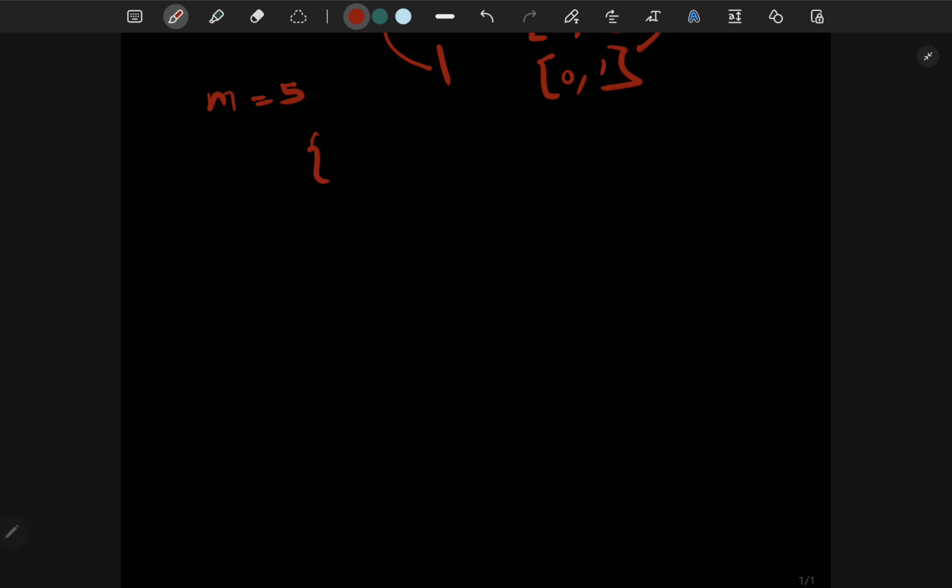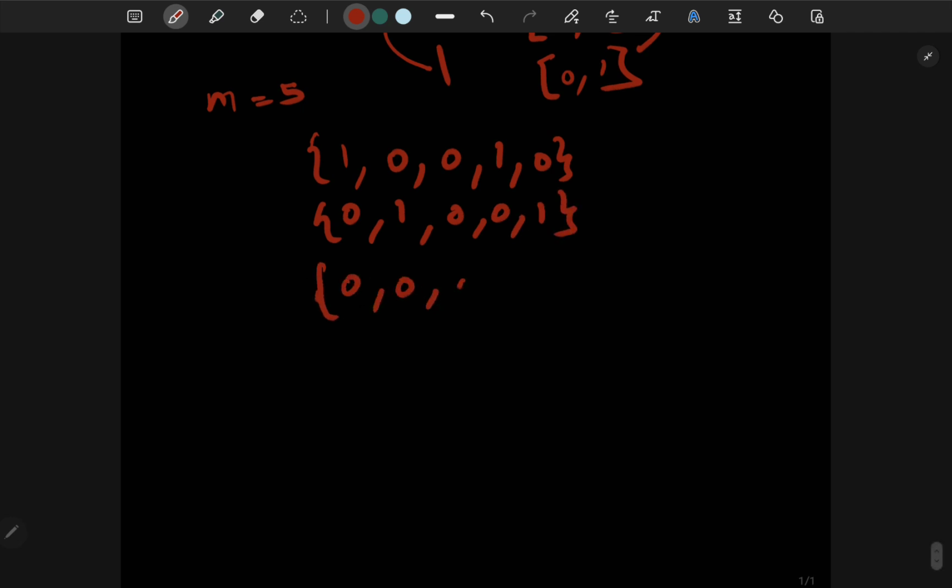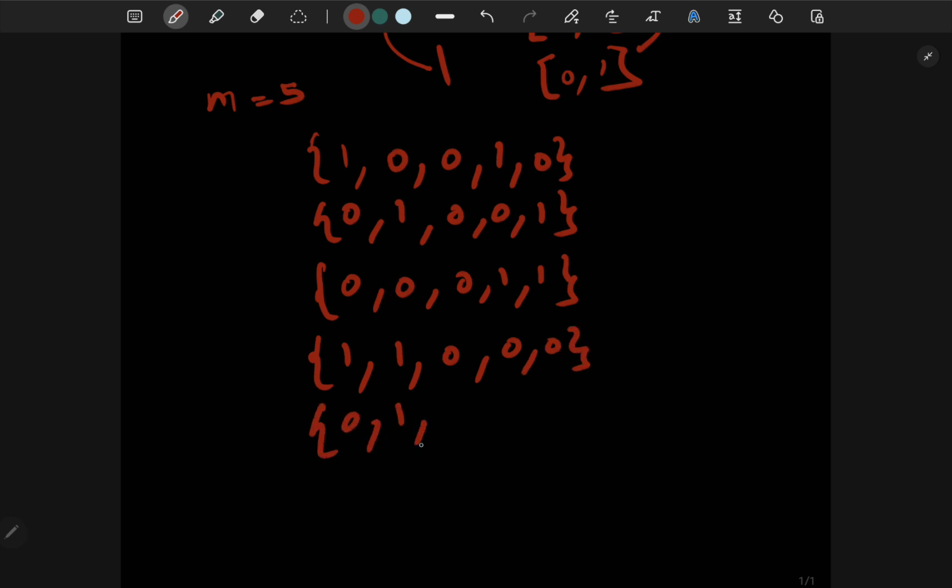Let's assume we have 1, 0, 0, 1, 0, and then we have 0, 1, 0, 0, 1, also 0, 0, 0, 1, 1, and 1, 1, 0, 0, 0, and something random like 0, 1, 0, 1, 1. So these are the sets. Initially, multiple